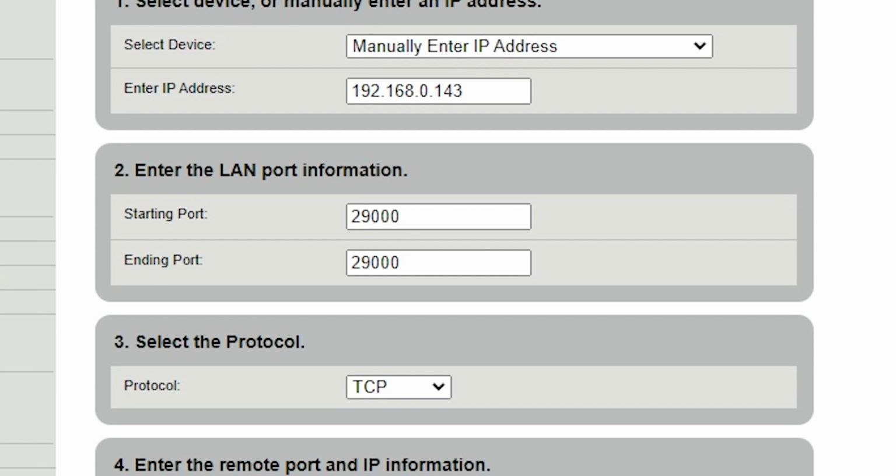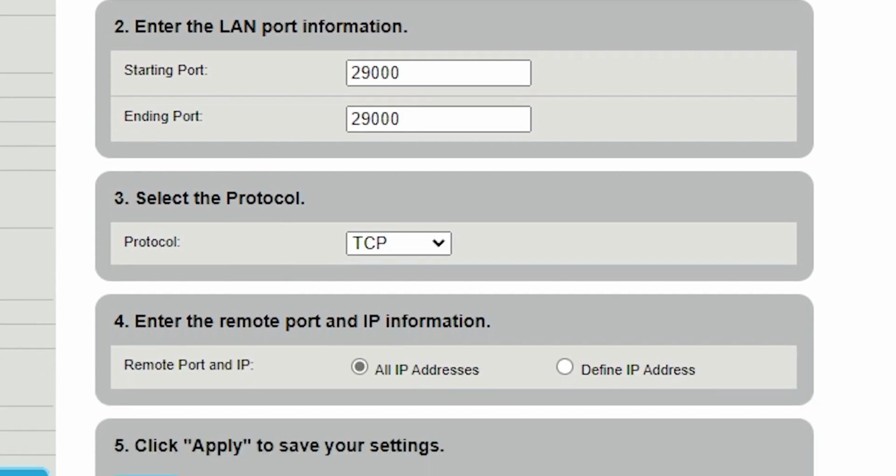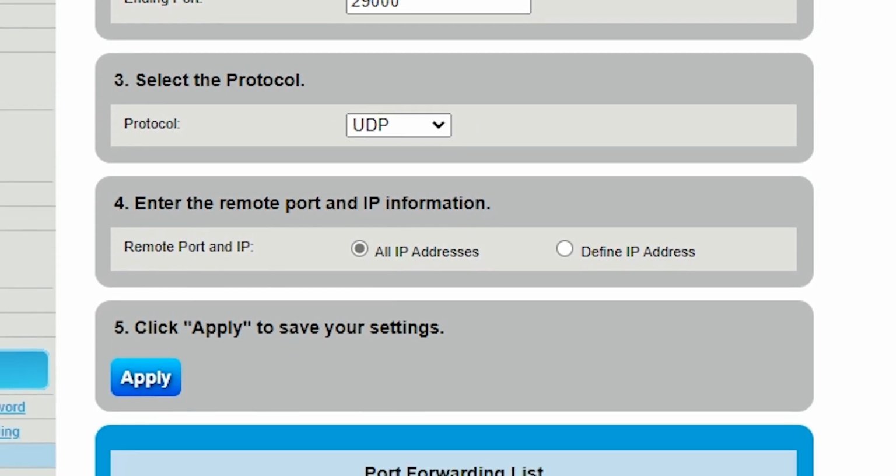Lastly, we're going to select the protocol. Cavestory Multiplayer only uses UDP, so we're going to select that. We don't want to set up a remote port and IP address, so we'll just select all IP addresses here. Once you're all finished, click Apply,